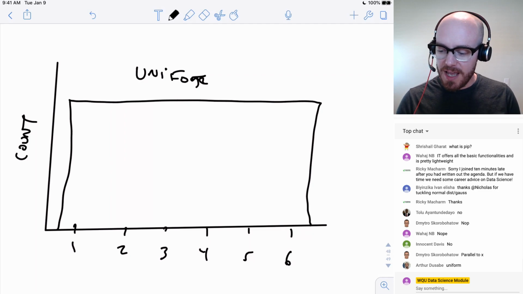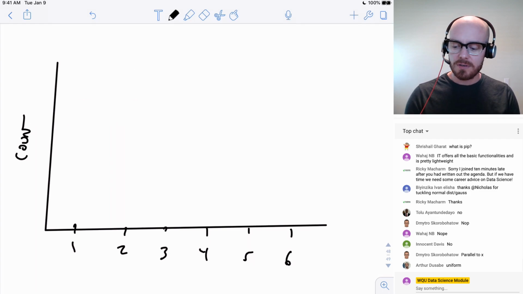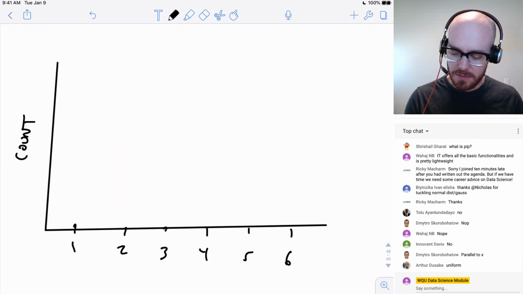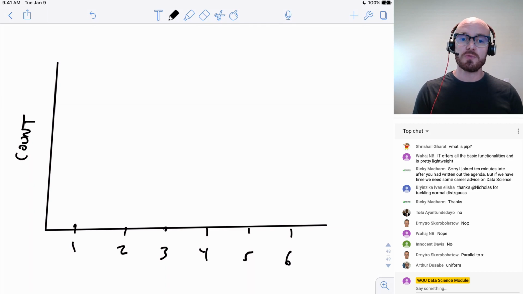And so to answer the original question, you assume it's a normal distribution when the data that you're looking at looks normal. It doesn't need to look perfect, but normal is what you are looking for.